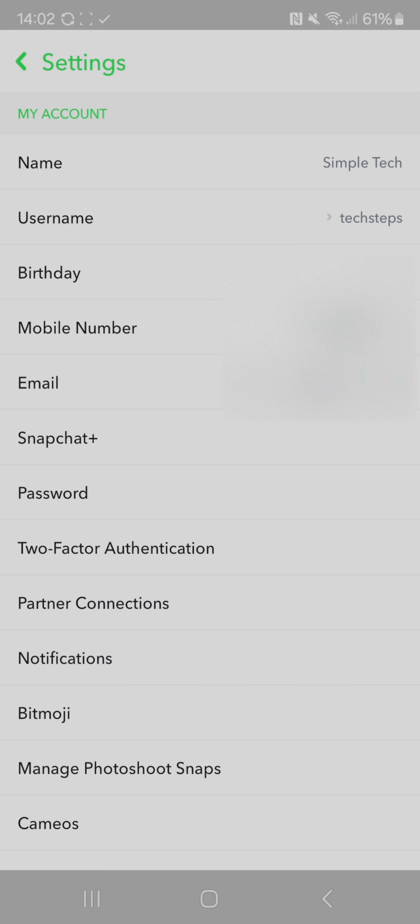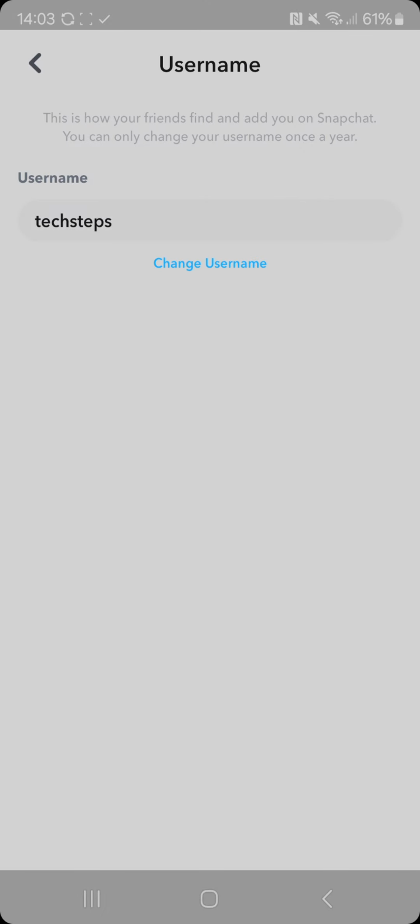Once you're on here, you should see a username and then the little name on the right hand side with the arrow. Just select that and it'll just let you know at the top, this is how your friends find and add you on Snapchat. You can only change your username once a year. So if you're happy with that, just select the blue text change username